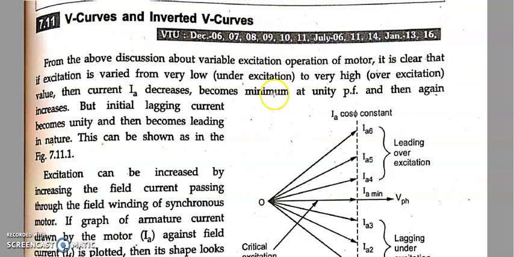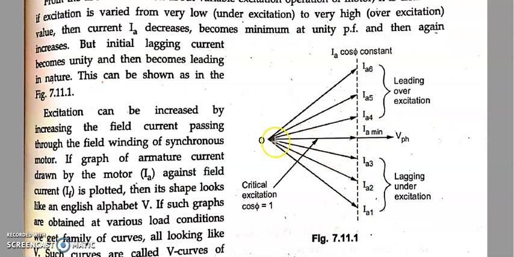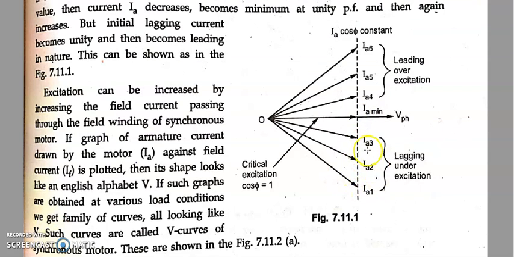So before getting into the V as well as inverted V curves, first we shall see this graph here. This is the same graph of your earlier one, that is IA cos phi line is constant for variable excitations. You can see the bottom line from the V phase down is a lagging power factor condition. Again from the top, it's a leading over excitation condition. When I de-excite more and more, IA will increase, yes or not? IA will increase. If I increase the excitation from lagging load, what happens? You can see that IA value reduces from this case to this case to this case, yes or not?